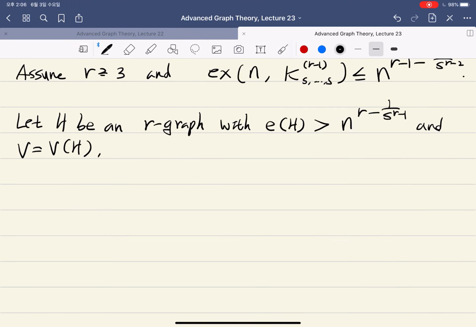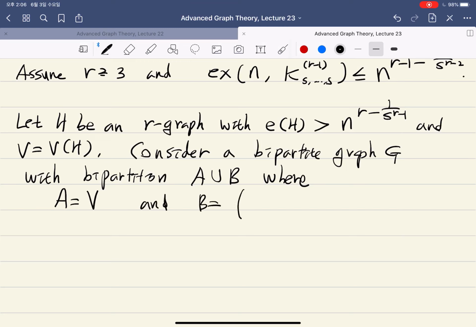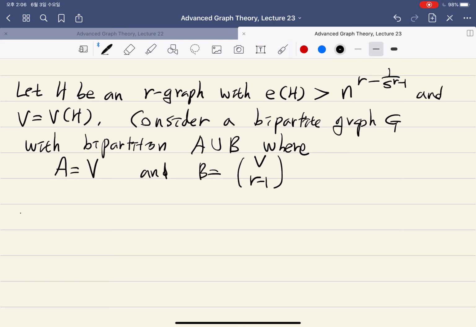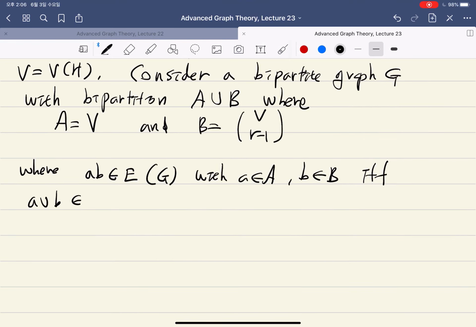For that, we consider a graph representing such a relation, which is a bipartite graph G with bipartition A union B, where A represents the set of vertices and B is the collection of (r minus 1)-sets in V. And we have an edge in G, where a is in A and b is in B, if and only if a union b is in the